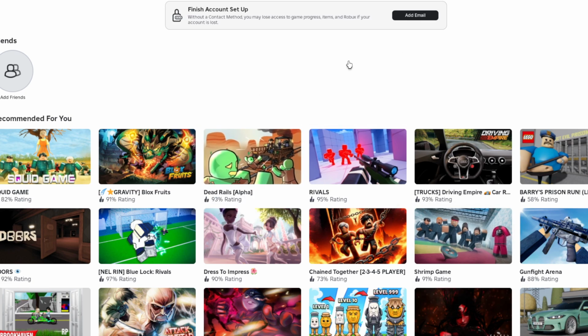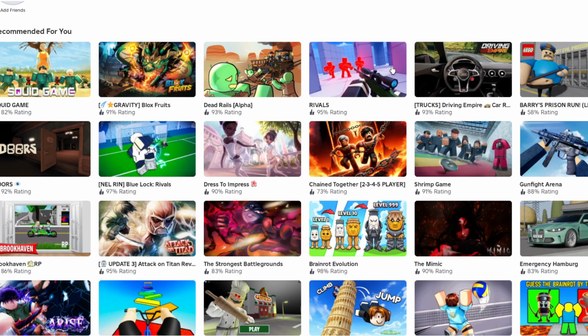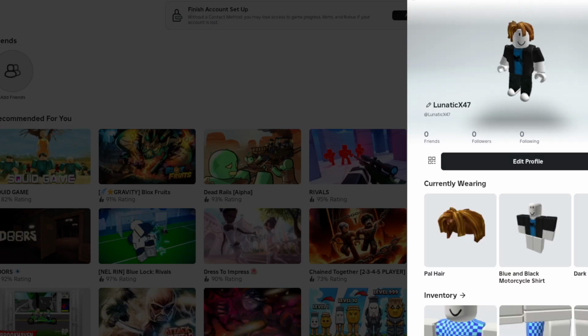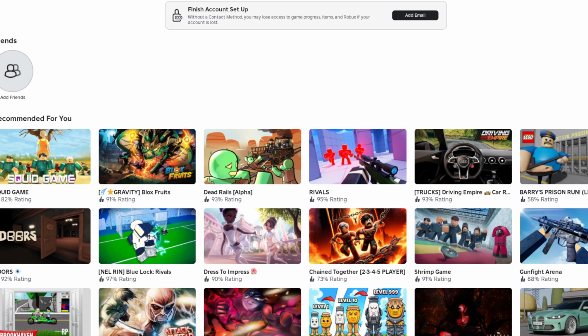In this video I'm going to show you how to fix action not available in Roblox. So if you're facing this type of issue in your Roblox account, then here's how to do it. First, simply click on your profile icon here, or click on this more button here,